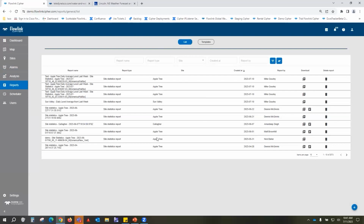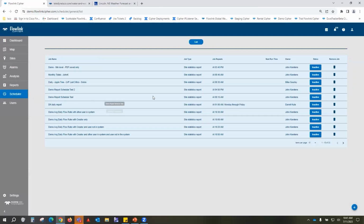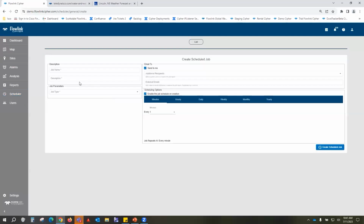Templates, if it's site specific, allows you to put in any site you want within a certain range of data formats that you desire, and then that's the way you can get your reports out. Now, the scheduler, which is the final screen here, works in tandem with the template screen. Anything in scheduler or any templates you've made under scheduler,